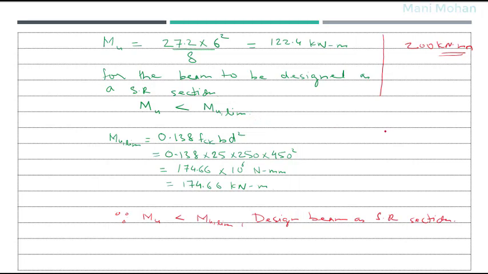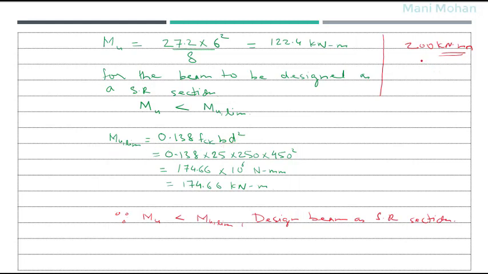But if I say no, you design the beam as a singly reinforced section, then what can you do? Since my B and D, whatever I am using right now, are trial dimensions, I can change this B and D because this value is not fixed. It is always advisable to change D, because if you change D slightly, what happens? Because it has a power of 2, with a slight increase in D, the limiting moment carrying capacity increases.